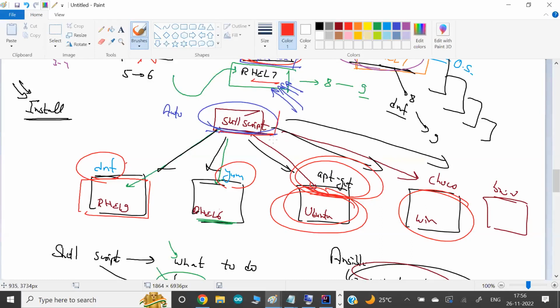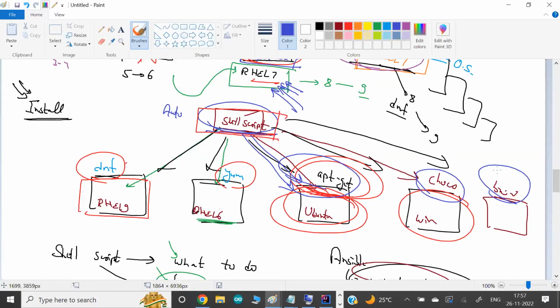Maybe you're great at scripting. You are the great champion in scripting, or the best scripter or developer you hire in your company, in your project. But if that person does not know anything about Ubuntu or the respective commands, they will never come up with the final script. They should know the entire set of commands: what Ubuntu supports, what Windows supports, what macOS supports. So in the scripting world, if you want to do automation, you may be the best developer, but if you don't have the underlying OS knowledge and the commands, your script will never be complete.